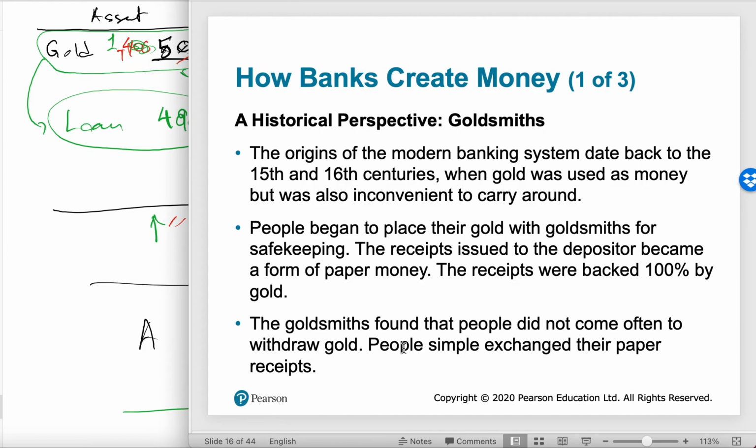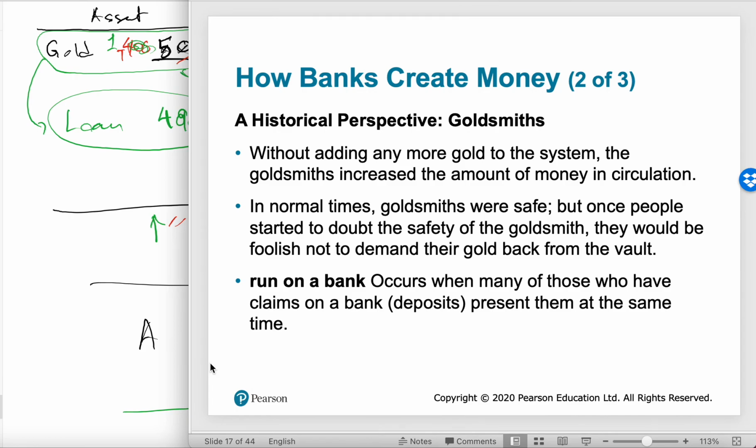So this is how paper money was created in the medieval age. Without adding any more gold to the system, the goldsmiths increased the amount of money in circulation, because paper, which was considered as the receipt, was easier to carry. Paper money was created like this, and this is actually the legal tender, which later was backed